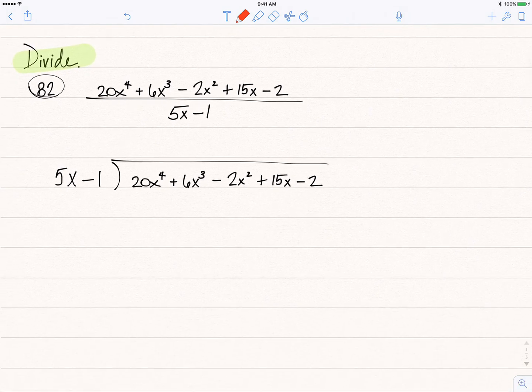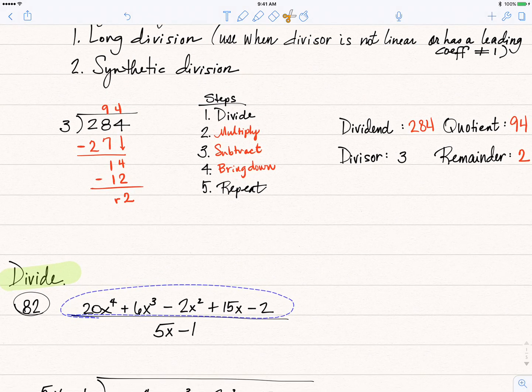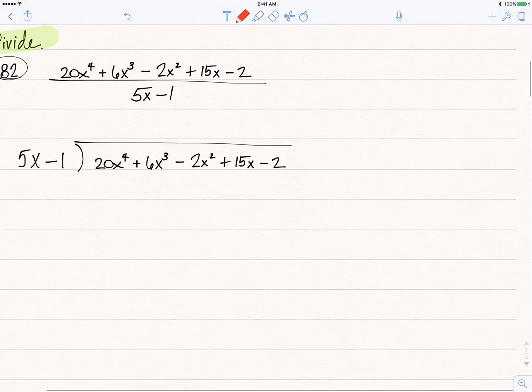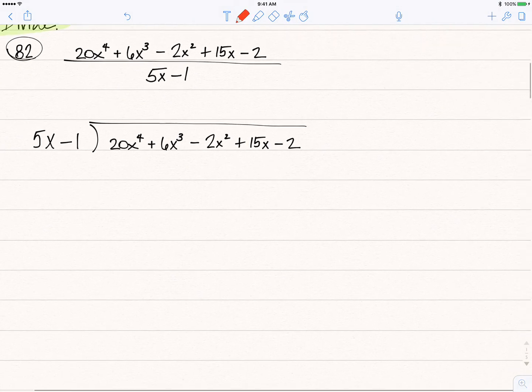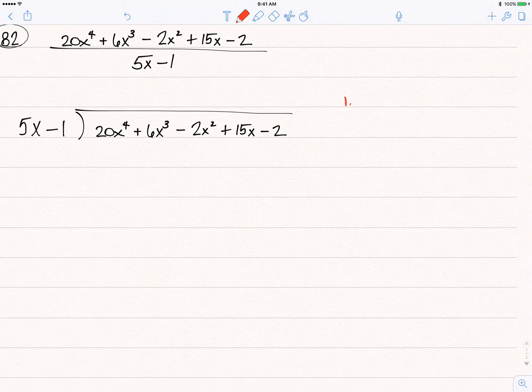So now what I'd like to take a look at is dividing these two polynomials. I want to take this big, ugly polynomial up on top, and I want to divide by the one on bottom. I've already set it up using my same box from third grade, so that big ugly guy is my dividend and the 5x minus 1 is my divisor. I'm going to use the exact same 5 steps here, but I am going to manipulate them just a little bit. So step number 1 is that you're going to divide